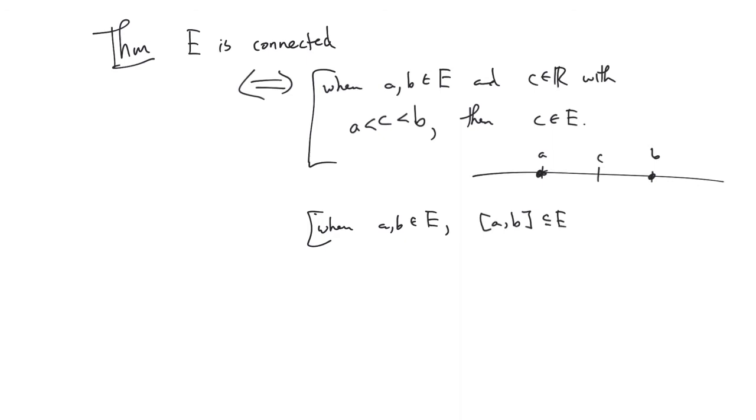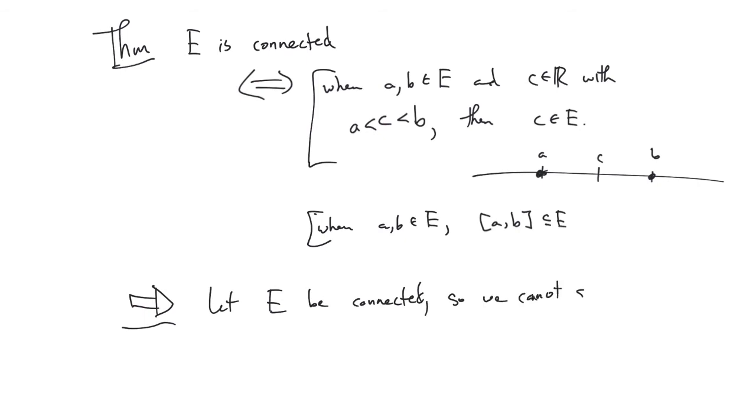It's in the book, but they also kind of breeze over a few little details. I want to do just the one direction pointing in the forwards direction, because that one you can see pretty nicely on a picture. So I want to do this way around. All right? So I'm going to say, let E be connected. The definition of connected means it is not possible to split it into two pieces with those closures. So I'm just going to say, so you cannot separate